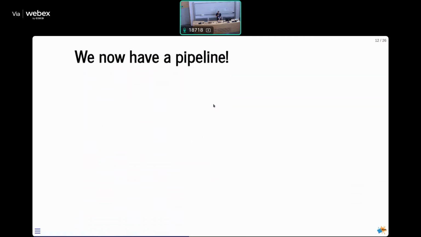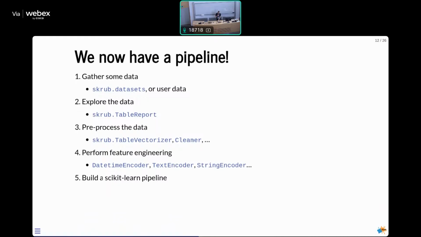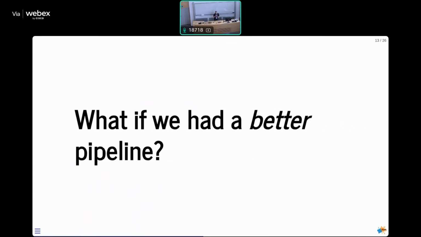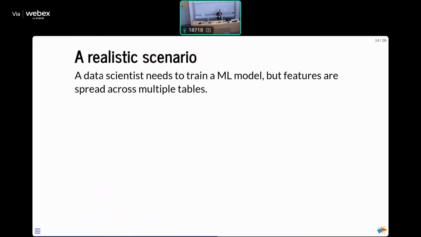Now we have a pipeline. So we gather some data, the data set, we explore the data with the table report, we pre-process the data with the table vectorizer or the cleaner, we do feature engineering with one of the various encoders that Skrub provides, we build a scikit-learn pipeline, and then we profit from it. So, what if we had a better pipeline? This is the question that we had when we were developing the Skrub DataOps, because there is a realistic scenario that is actually not covered if you're only working with the scikit-learn